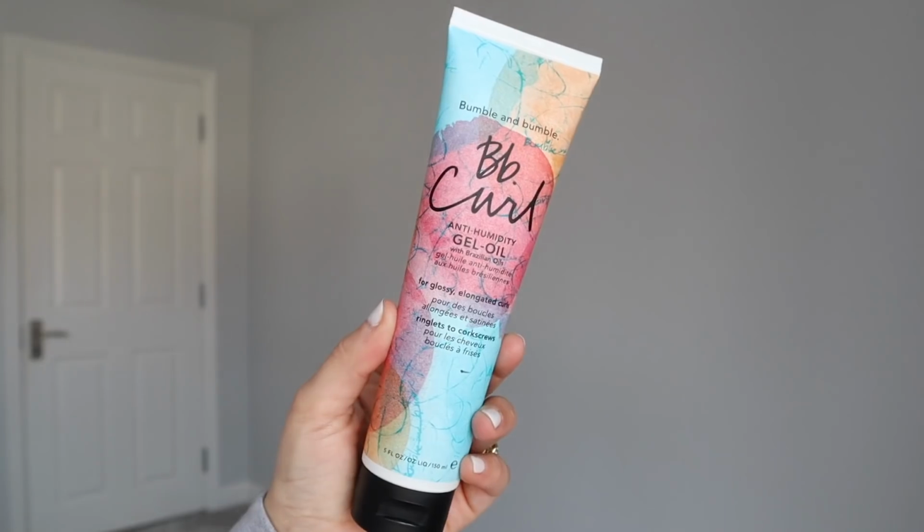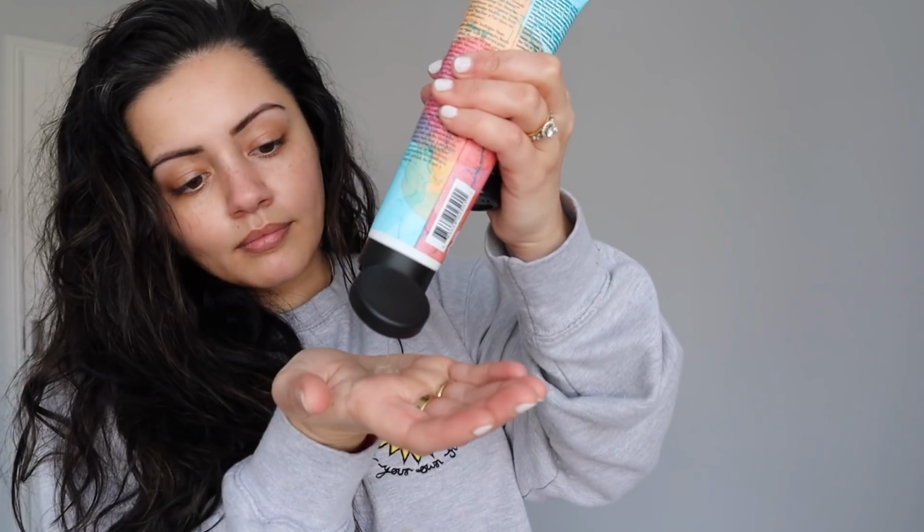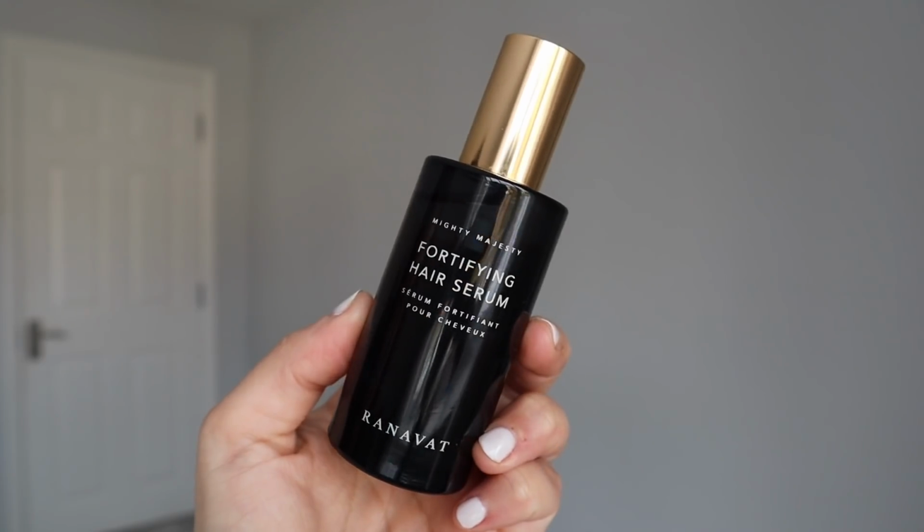To define my natural curls, I like to use the Bumble & Bumble BB Curl Anti-Humidity Gel Oil, and I'm mixing some of the Renava Fortifying Hair Serum, making a little concoction and scrunching that up into my hair. I like to make sure I'm scrunching the product in all different directions, left, right, back, front, the lot, just to make sure I've got the product all up in my hair. I have quite a bit of hair, so I have to spend a little bit of time